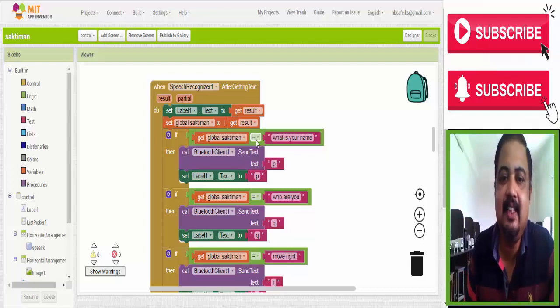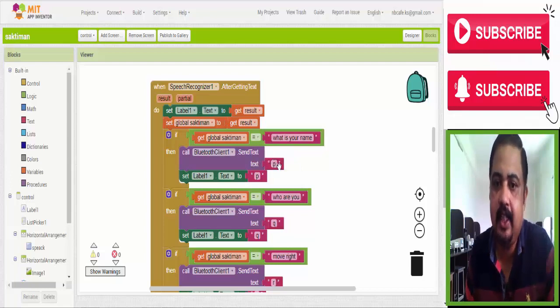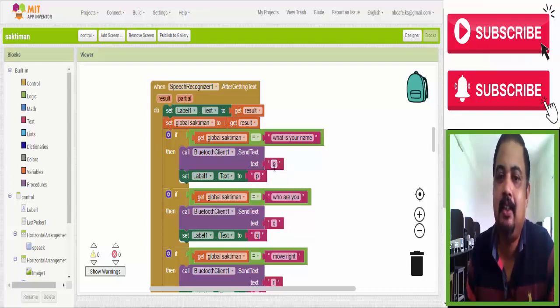then it sends a signal through Bluetooth, P. It sends the signal P to Bluetooth, and you write a program in Arduino so that when it receives P from Bluetooth, it plays the name of that robot on the speaker.